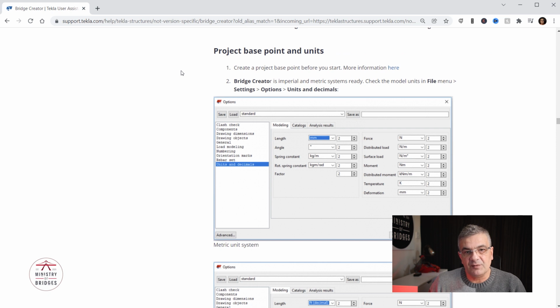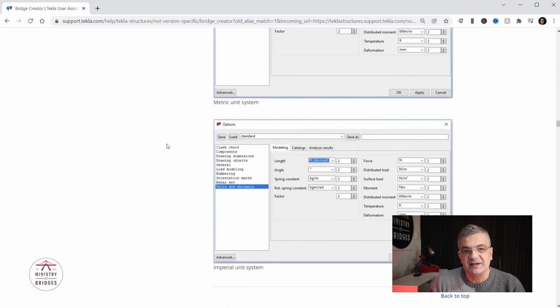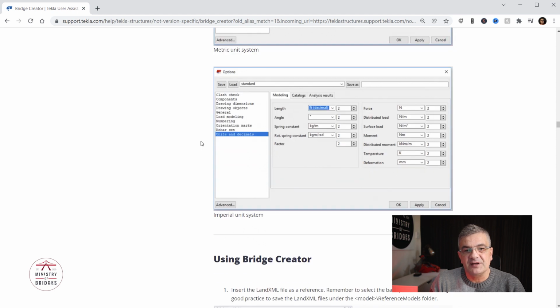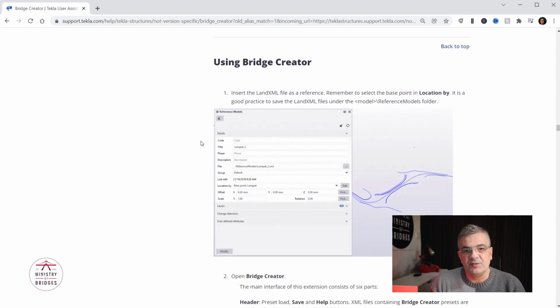Very important then, when you start with the Bridge Creator, is to check the model units. Bridge Creator is going to use the model units that you have in your settings. Another important thing is the project base point, because the road projects are in real coordinates and we want the bridge near 0, 0, 0, right? So here, let's just check the units and the decimal places. We could use the imperial system too, and then we have the project base point, and everything is explained in this